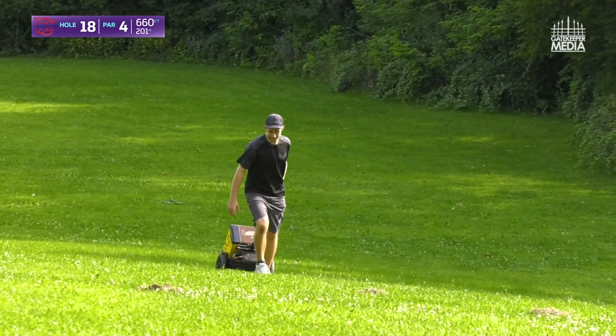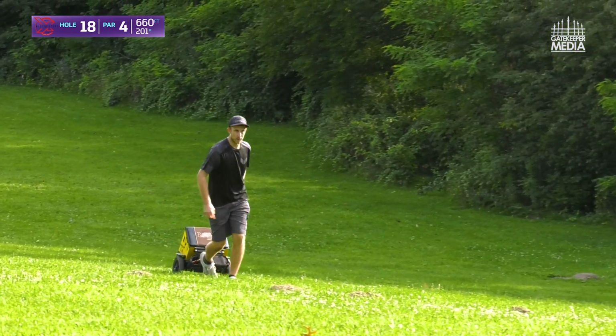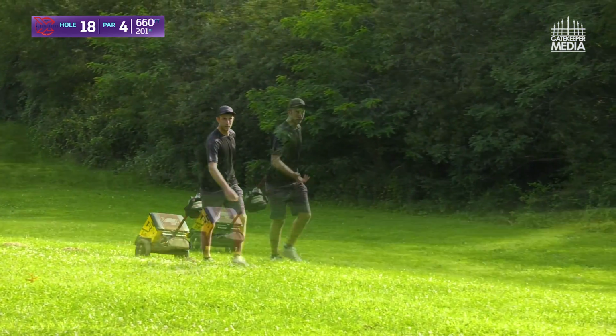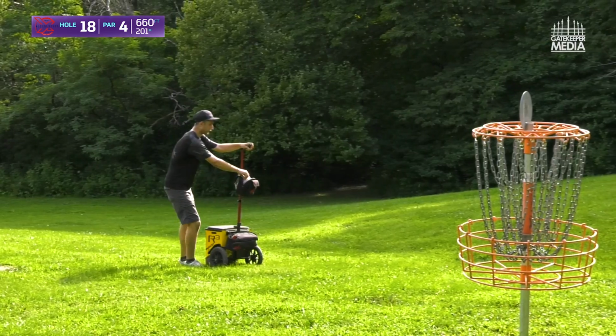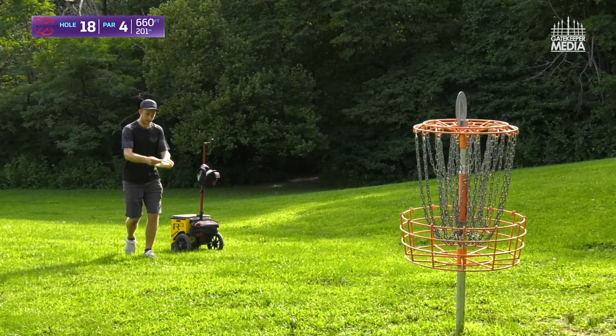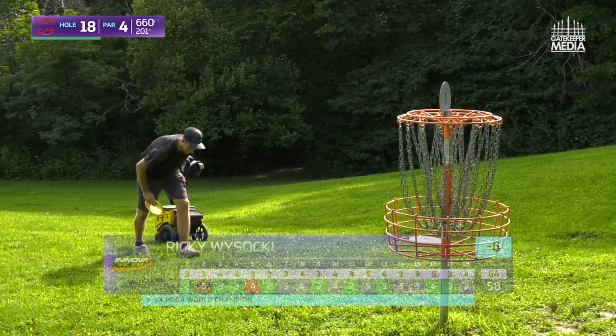I put a lot of pressure on that shot just because I should be able to throw a wide open 220 foot up shot and park it. Those trees do come into play if you get frisky and try to throw it in or something. Those trees can kind of come into play. So let's just tap in for birdie. And then